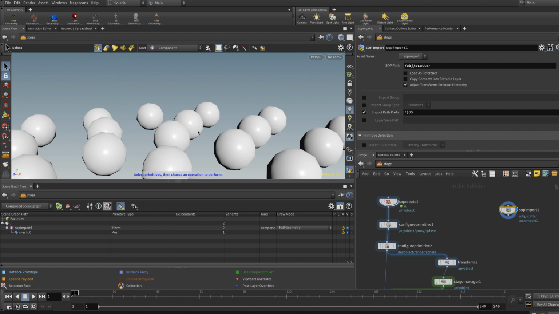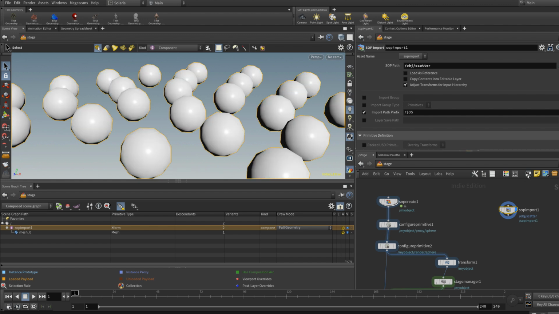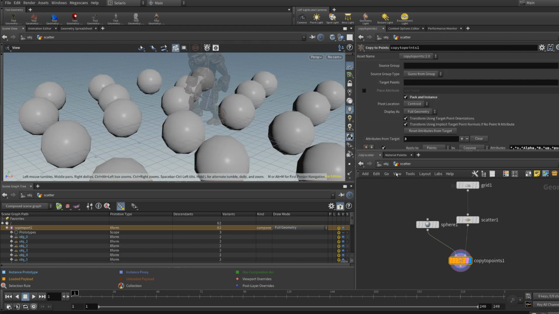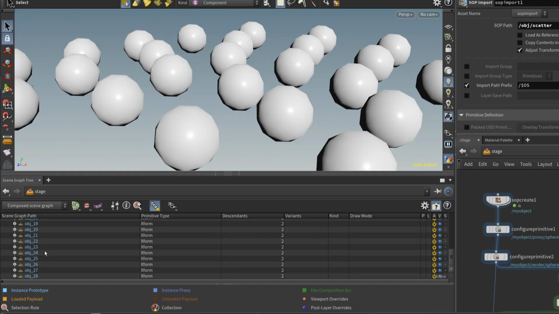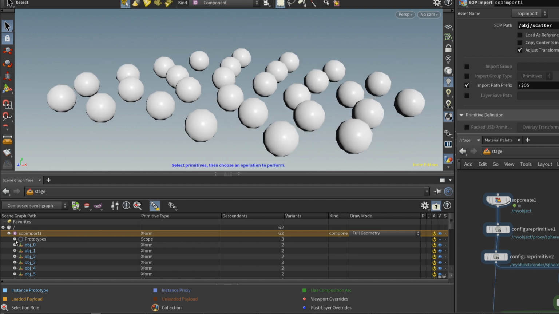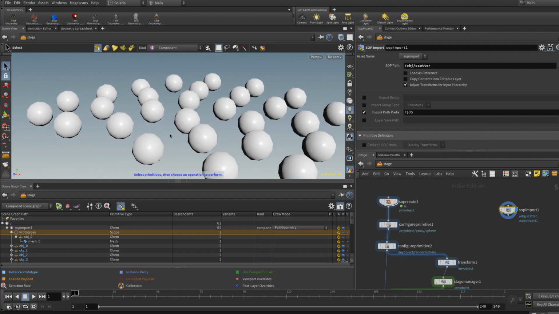So the first thing is that it's actually in a big mesh right now because we haven't packed the copies. So that's not actually the most optimized way to work. So let's go back in there and set that to pack and instance. So interestingly, now we have several nulls containing what is called an instance proxy. That's what this blue color means. Look at that, plenty of those. And this instance is based on what is called a prototype, which corresponds to the source geometry. So I'll talk about that later when we'll be dealing with the LOP instancer.